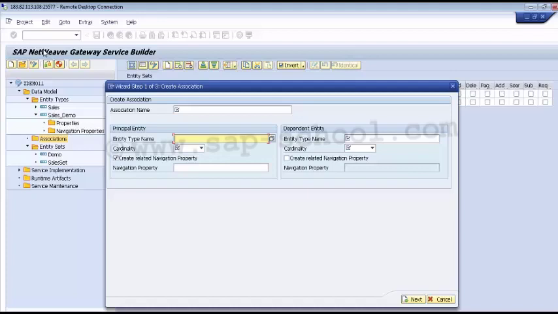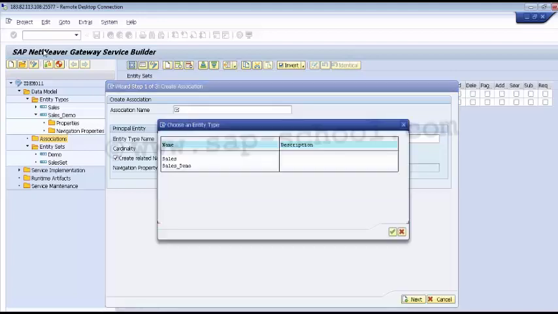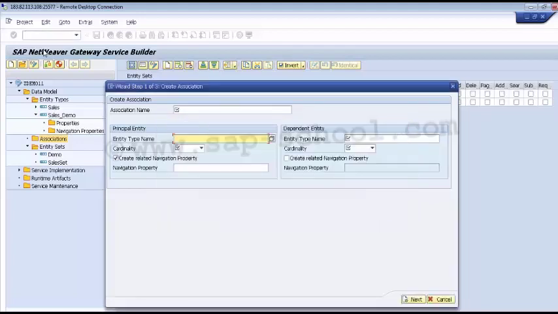Then we have the cardinality. My cardinality will specify the relation between the specified principal entity type and the dependent entity type. We can press F4, or we can click to select from the list available. That is, I can click on this list and select the entity type name here. After that, the multiplicity of the association can be 0..1, which means that only one instance occurs, and 0 is also allowed.